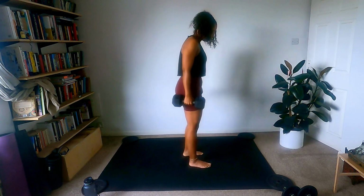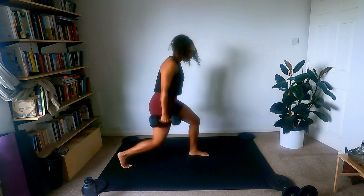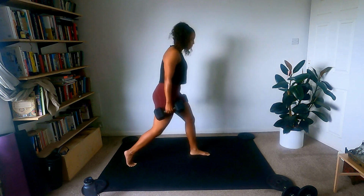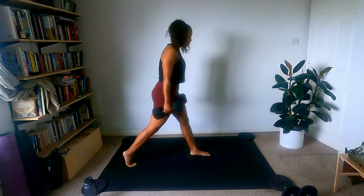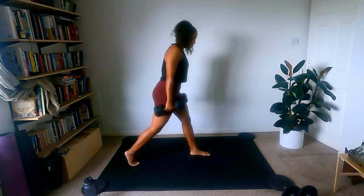Left foot's forward, right foot's back. Hinge forward slightly. Here we go. 1. Get that balance. 2. Should be driving through the heel of your front leg. 4. Won't see these again on this leg. Burn it out. 5, 6,